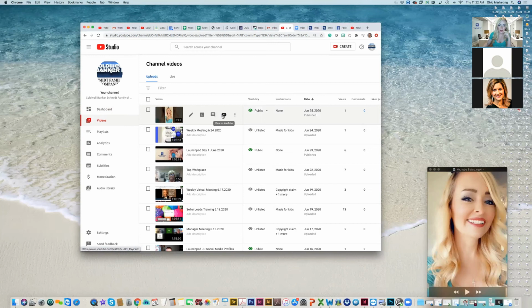And then also I can view it on YouTube, or I can click on these three dots at the end here. Then it's gonna let me edit, get a shareable link, promote it, download, delete forever. So these are just ways you can get in after the fact and upload it.